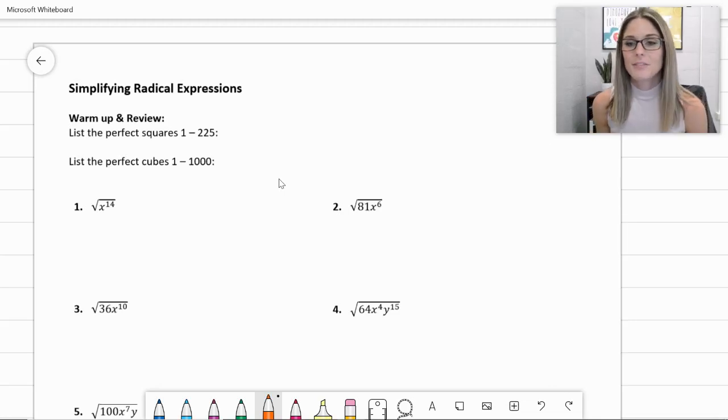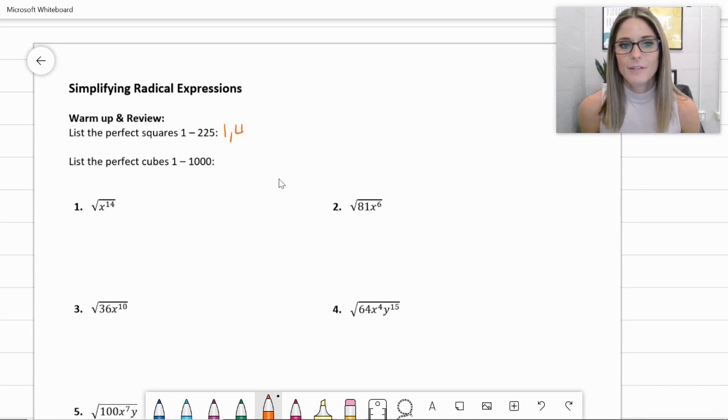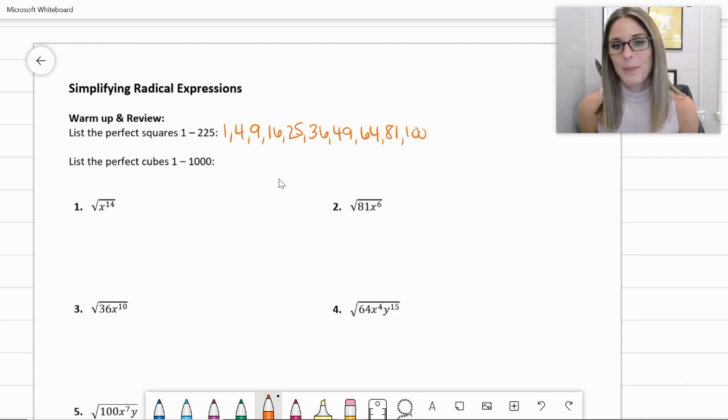So let's continue simplifying rational exponents, radicals. This particular lesson is titled Simplifying Radical Expressions. Again, we're going to review all of our perfect squares, listing them out above. That way, it's a reference for us as we solve these problems below. You can see below where we will need those perfect squares. It's 1, 4, 9, 16, 25, 36, 49, 64, 81, 100, 121, 144, 169, 196, and 225 finishes us out